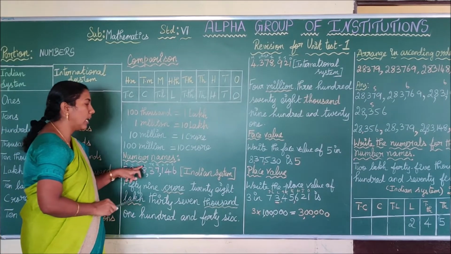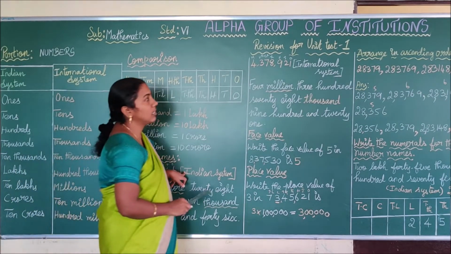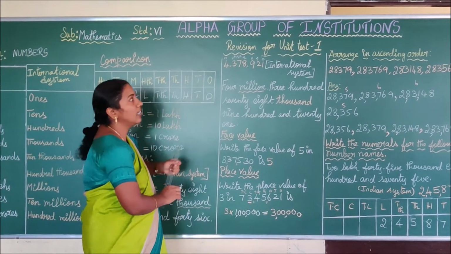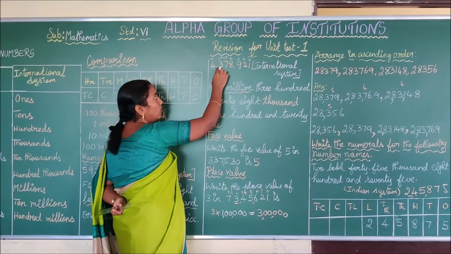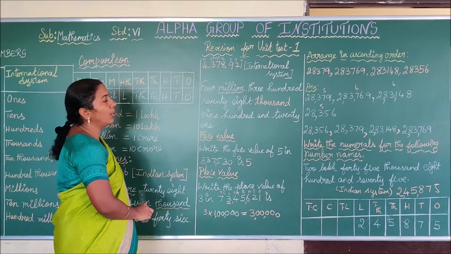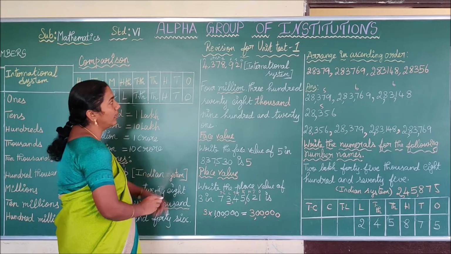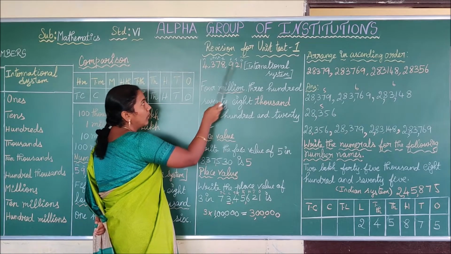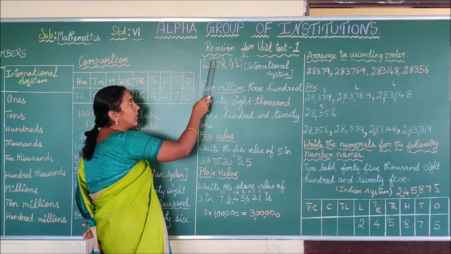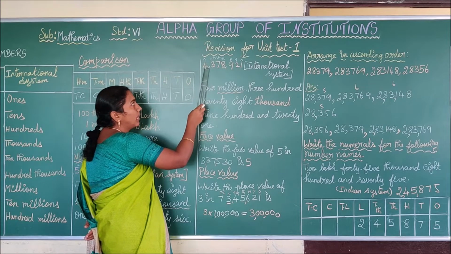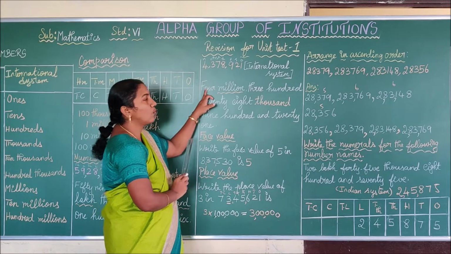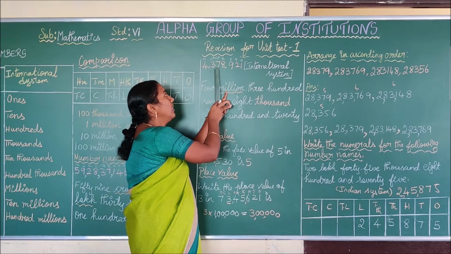Next we are going to see the number name by the international system. See here, how can you use commas in the international system? Every 3 digits, that is 1, 2, 3, 1, 2, 3, we are placing the commas. The first step is you have to place the comma. Next you are going to write the number name. How can you write the number name for this? So this is the first number. Before that, write the place values: ones, tens, 100, 1,000, 10,000, 100,000, million. So what is the period of the number here? 4. What is the place value of 4? Million. So you have to write it as 4 million and then read the next period of the number as a whole.